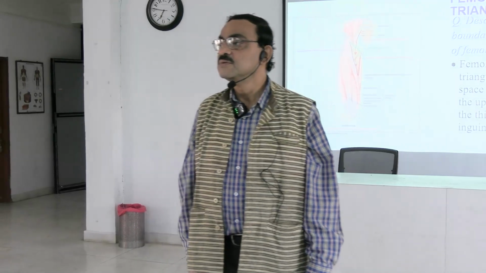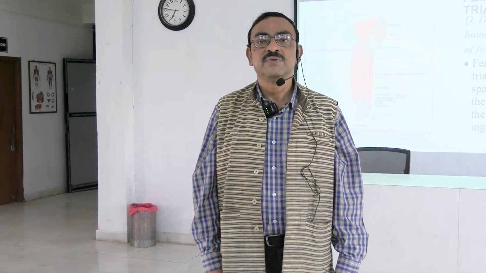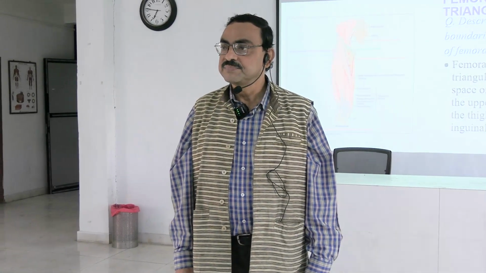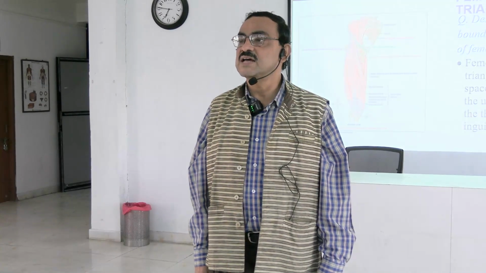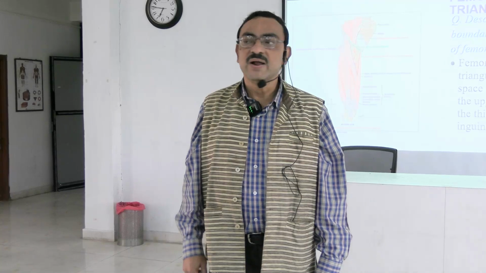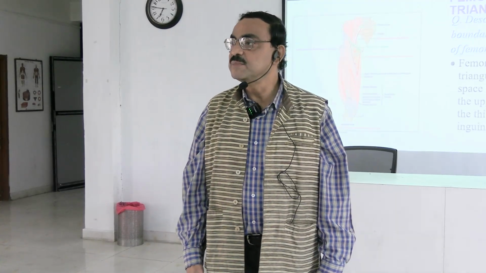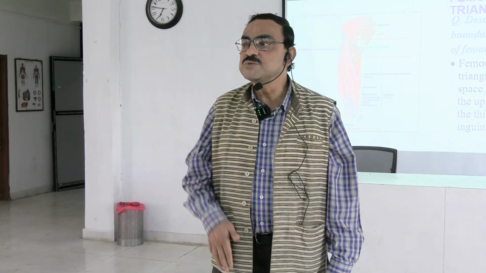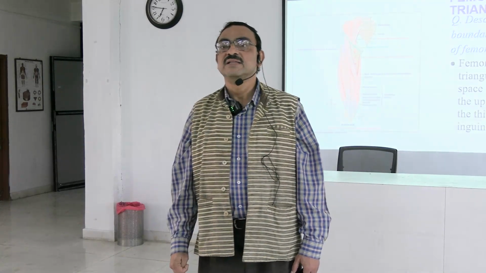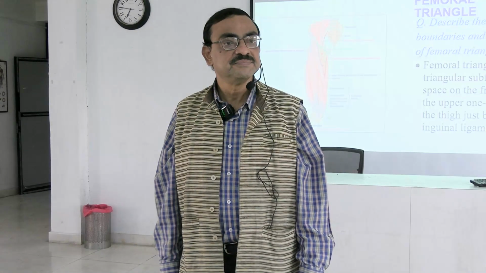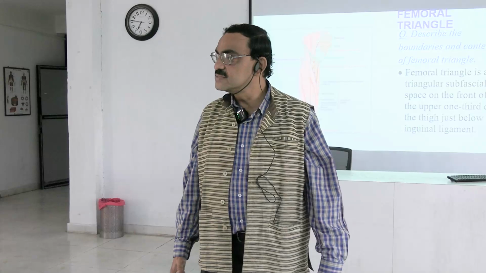And what are those cutaneous nerves? One is at the lateral aspect, that is the lateral cutaneous nerve of the thigh. Then intermediate cutaneous nerves, they are two in number. One is lateral intermediate and medial intermediate. And most medially we will get another nerve, that is the medial cutaneous nerve of the thigh. So we will get these nerves,